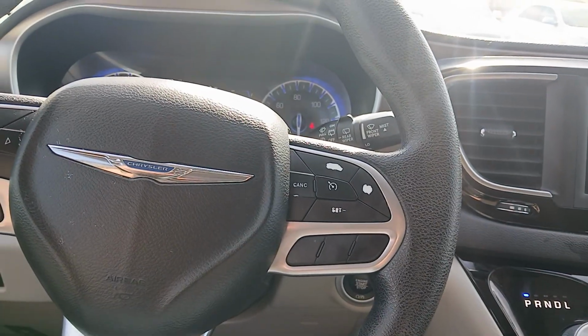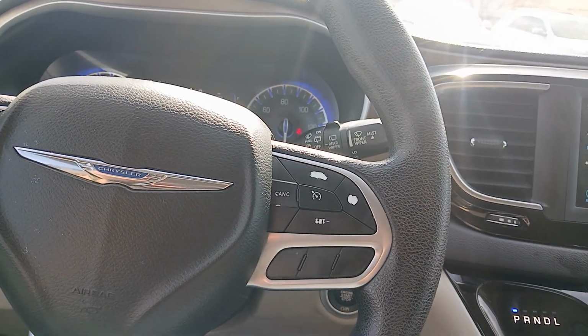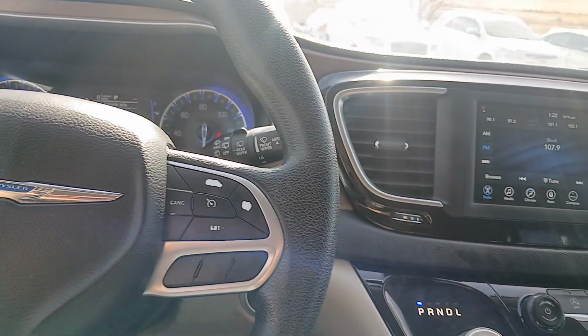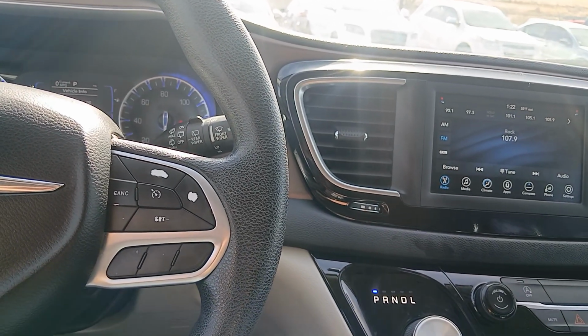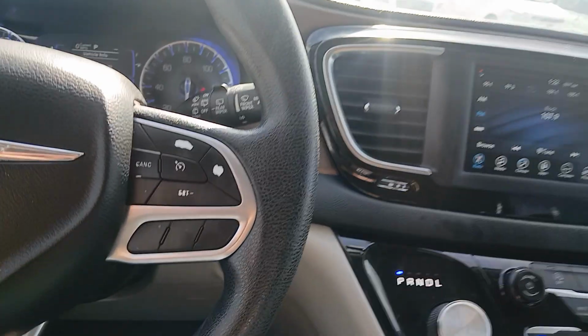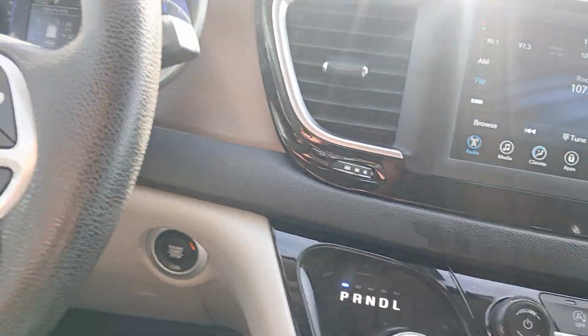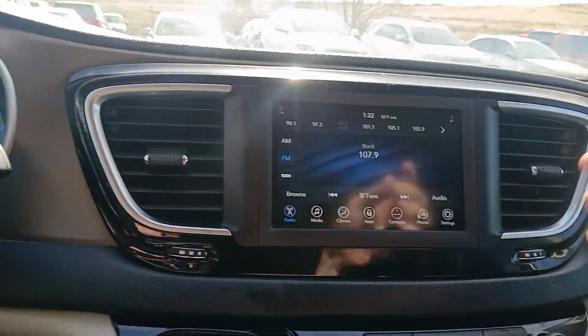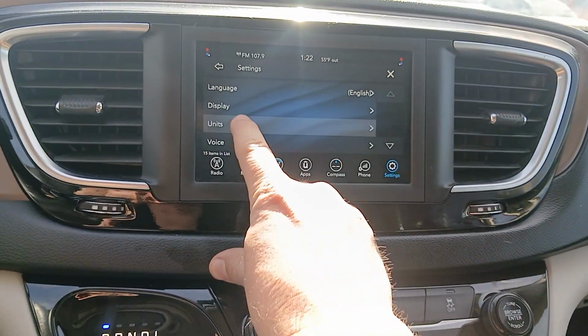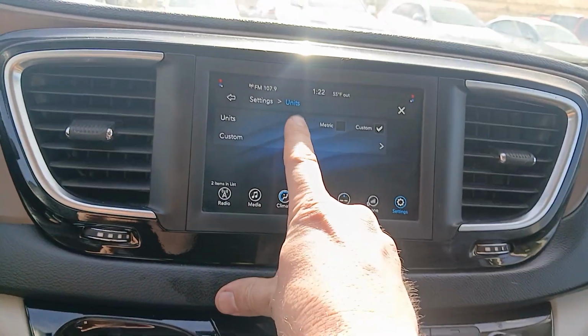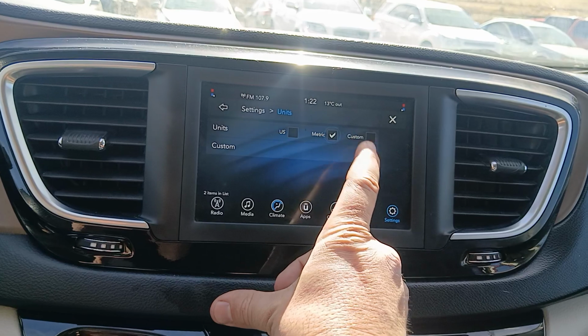Hello, I'm in a 2020 Chrysler Pacifica, and today I'm going to show you how to change between metric and the US standard, so like miles to kilometers or Fahrenheit to Celsius. So first you're going to make sure your vehicle's turned on, which this currently is, and then we'll go to settings, and then units, and then here we can do the US or the metric,